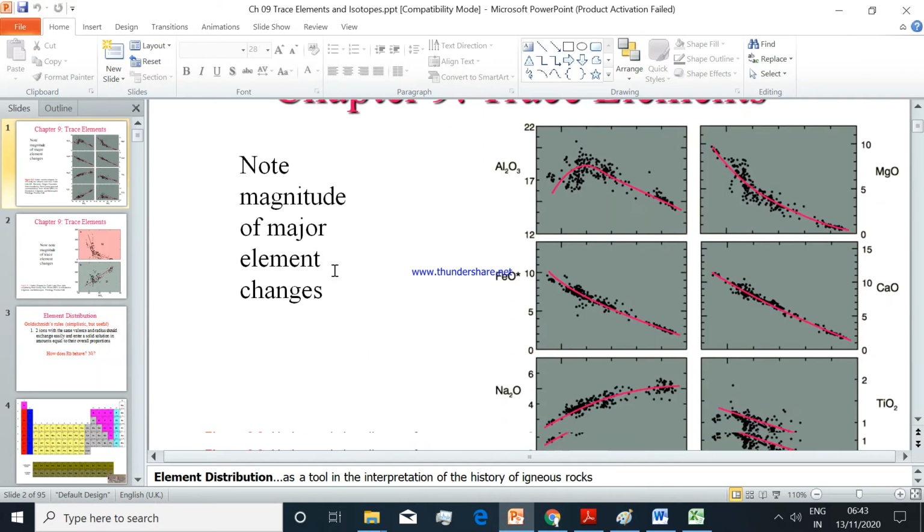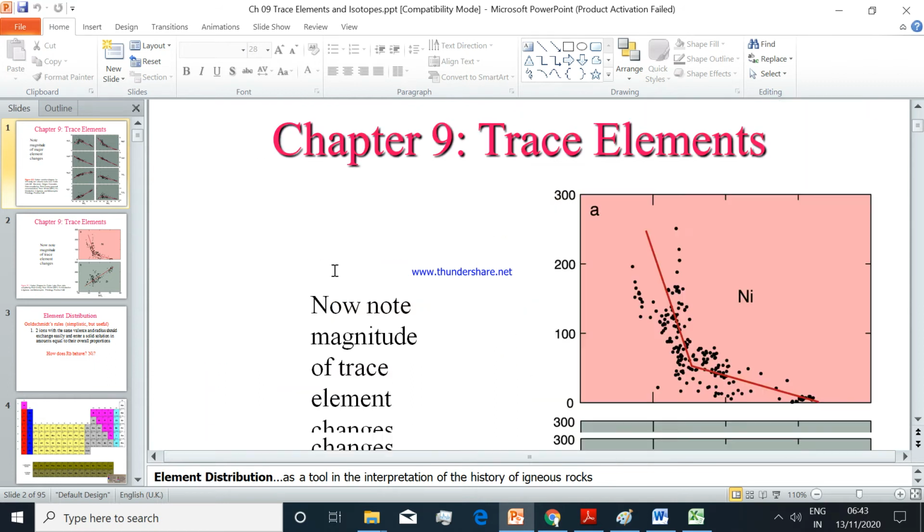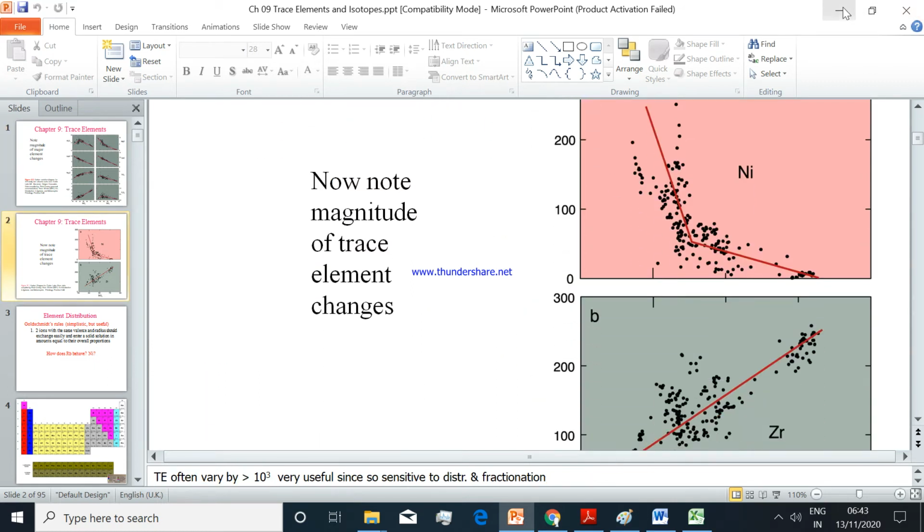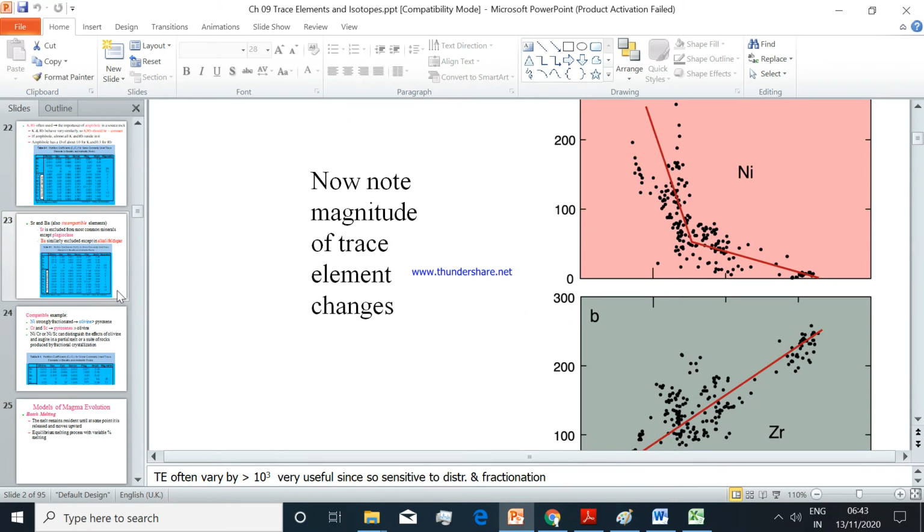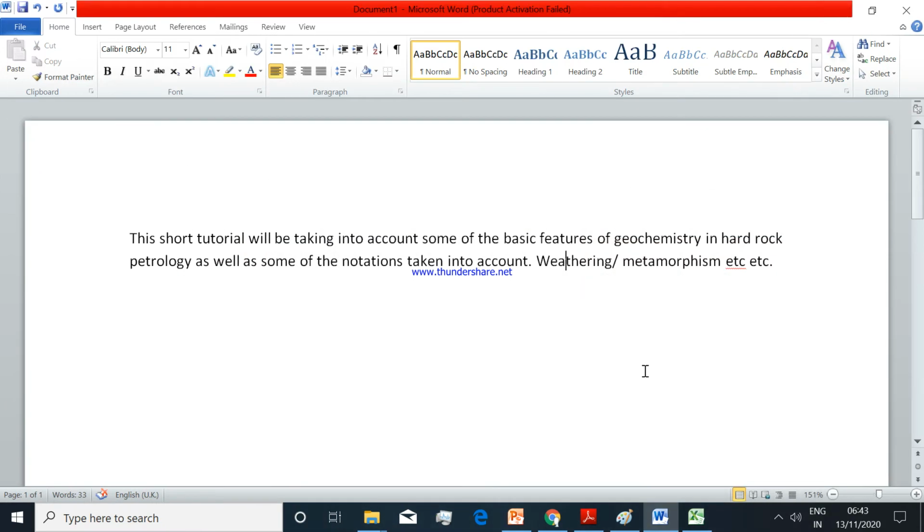This is a short note, actually chapter 9 from John Winter's book, and this PPT will be very much necessary for you to understand the processes which might affect a rock after its genesis or during its evolution. These separate types of minerals, as we have known, relate to the idea of the distribution coefficient or partition coefficient,